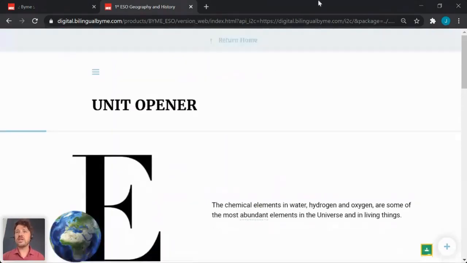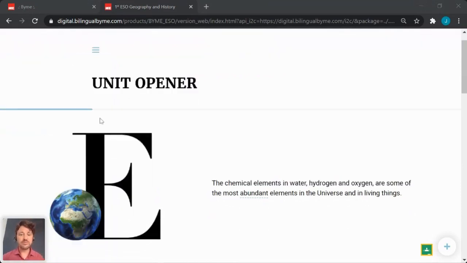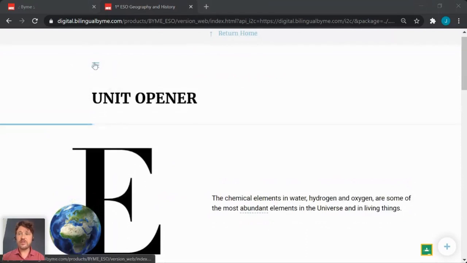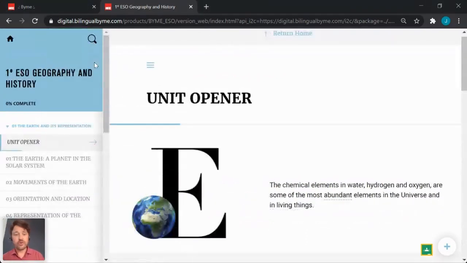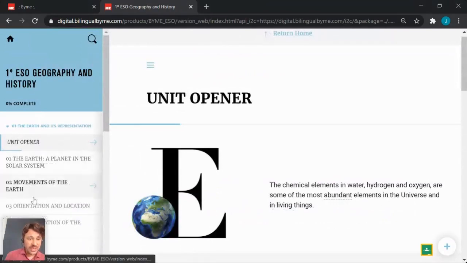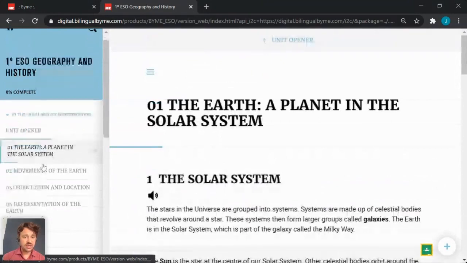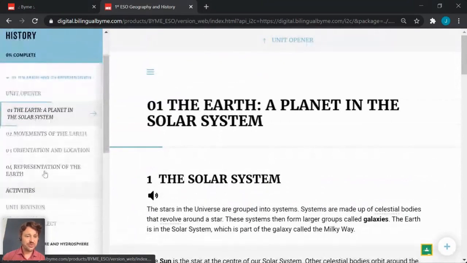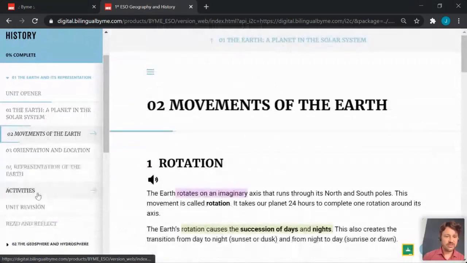I'm going to have a look at the navigation menu first of all. So up here, top left, you got this, what's known as a hamburger menu. So if you click on that, that brings up the menu. Right. It's important to note that you don't get all of the information, but when you click on one part of it,